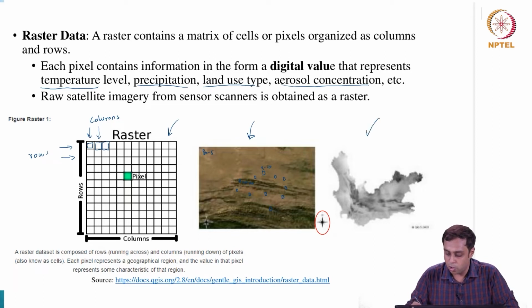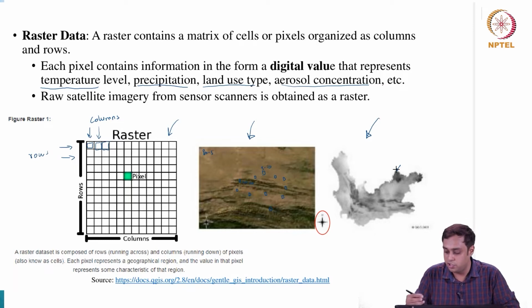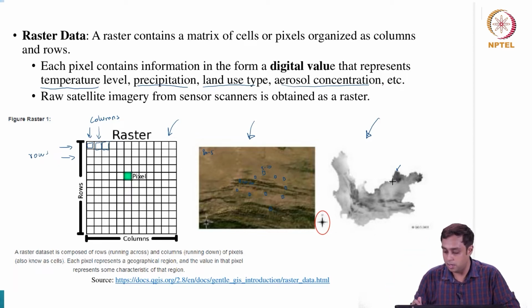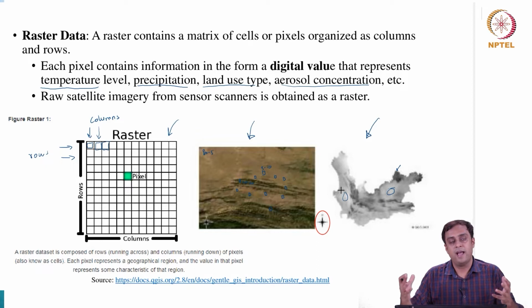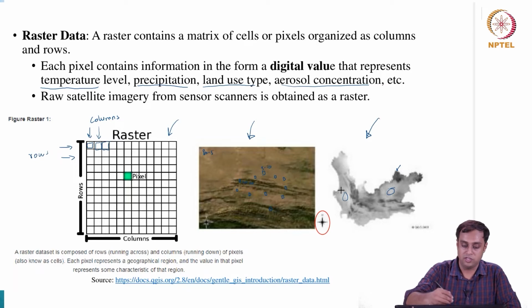The third image is also quite similar. You have darker regions which can have higher values, or even the values can be reversed. The darker regions can have lower values, the lighter regions can have higher values, and they can represent different things. In the last image, what you are looking at is elevation on ground, right? Darker areas are where you have higher elevation, so you have ridges and hills on ground, and the lighter regions are where you have plains, right? So, they are all stored as unique digital values coming together to be seen as a raster image.